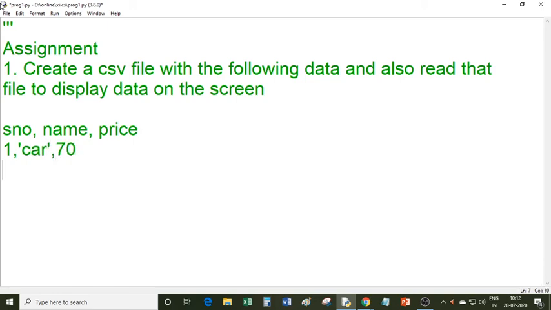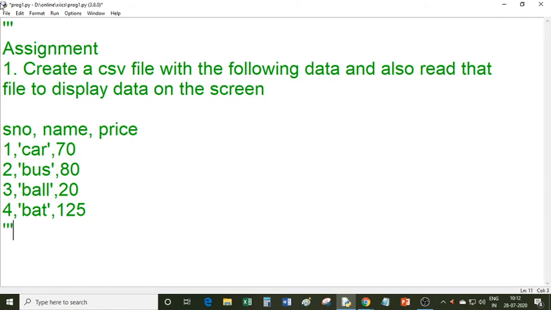Suppose these are the names of toys. So this will be your assignment. You have to practice how to create and how to read a CSV file with the help of Python programs.